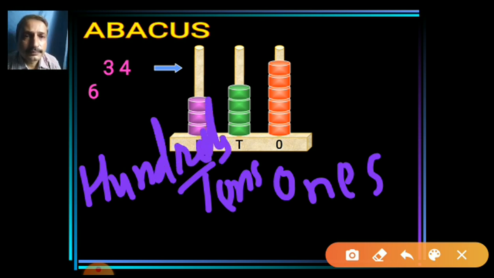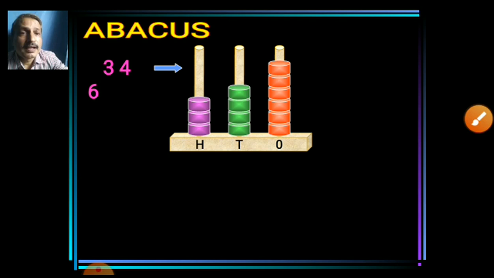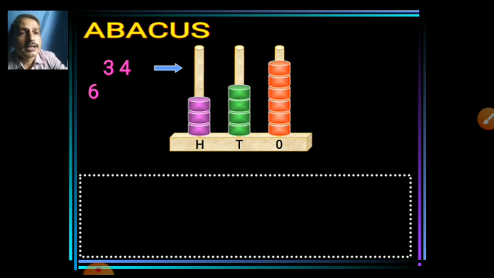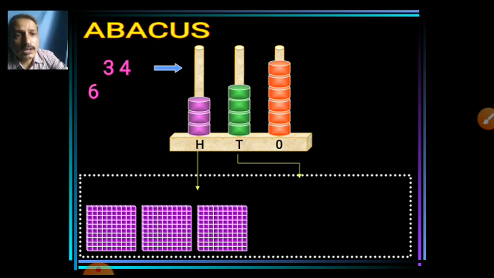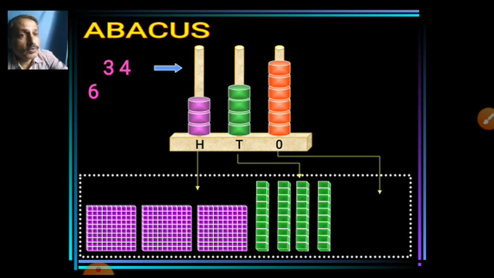Now you have the idea. Why are we using this here? Because I want to revise your memory, recall your memory. Yes, you remember those things. And this 346 is written this way. Understood? See what it says here. Hundreds. How many hundreds are there? 3 hundreds are there. What about tens? Only 1 ten is there. And 4 are there, and 6 are ones. Understood?